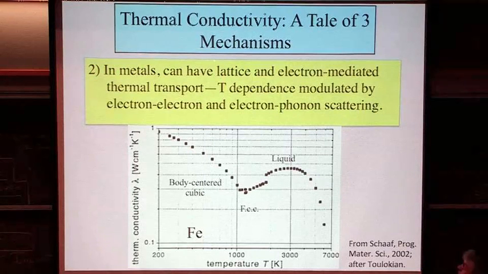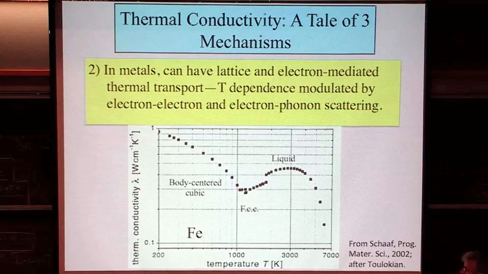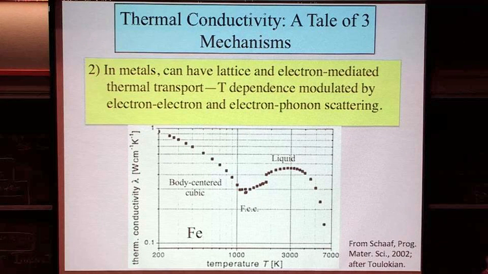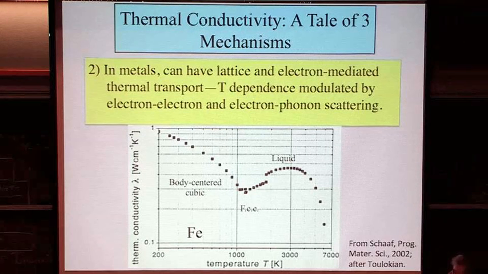And the nice thing about this is that they both are dependent on scattering processes. They're both interfered with by stuff that makes the lattice irregular, whether it's lattice vibrations, defects, phenomena that would impede the propagation of a nice clean wave through a crystal. Anything that messes up the nice ordering of a crystal, whether it's atoms bouncing around, or an atom plucked out as a defect, those are all things that will ultimately interfere with the propagation of thermal waves through a material. So you can see a nice drop off here.